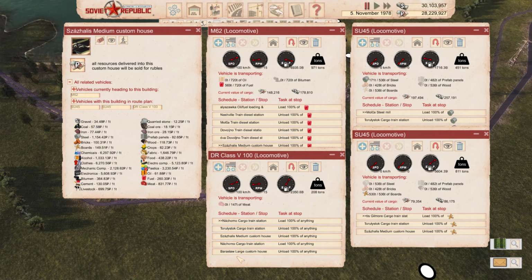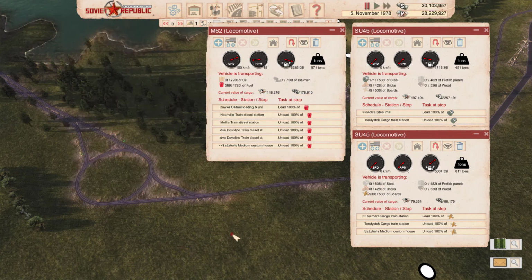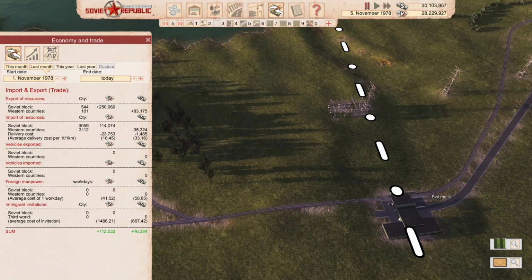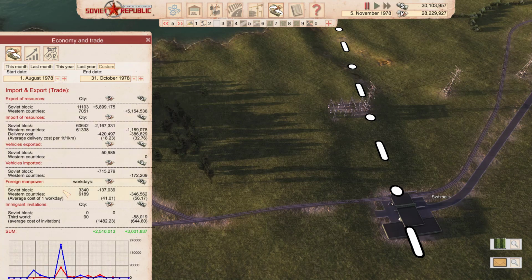Then it goes back up and does a run all the way, loads again, and goes up to Borislav, up to our western exports. So our money, we're doing okay. We've got, let's see, let's go back an extra month or two. Yeah, see, we're doing fine. We are still a nice profitable